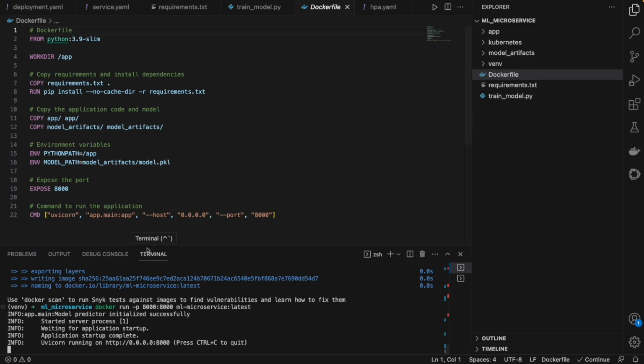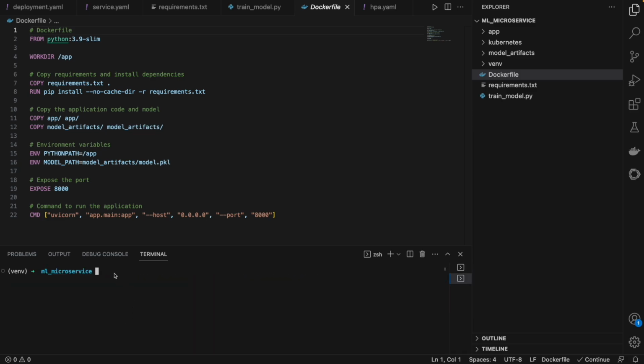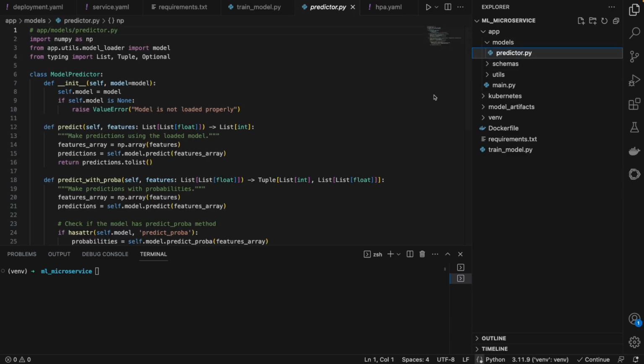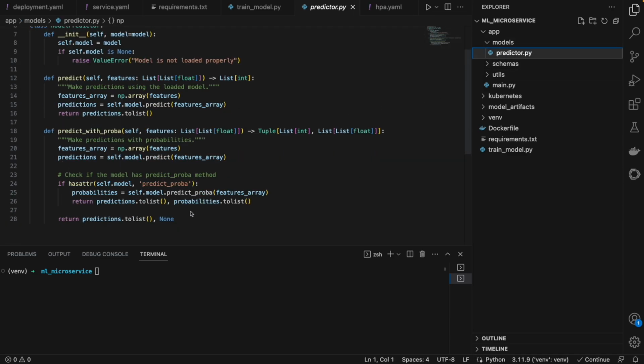To check whether this image is working or not, you can just hit the curl command. I have already pre-written the curl command for you, and the code for this entire thing is in the app folder. You can see the predictor.py file where the code for the entire prediction is.